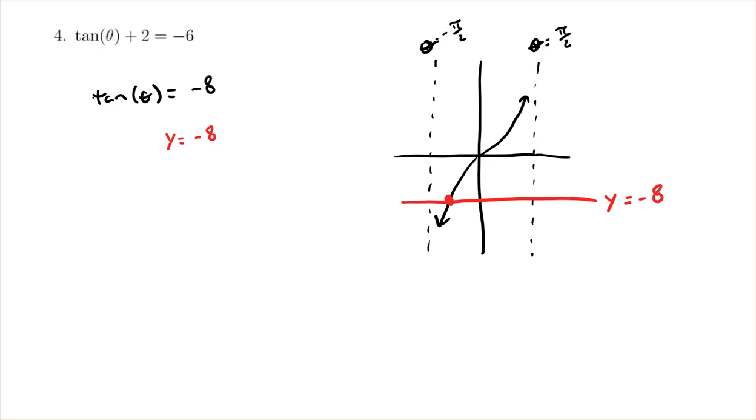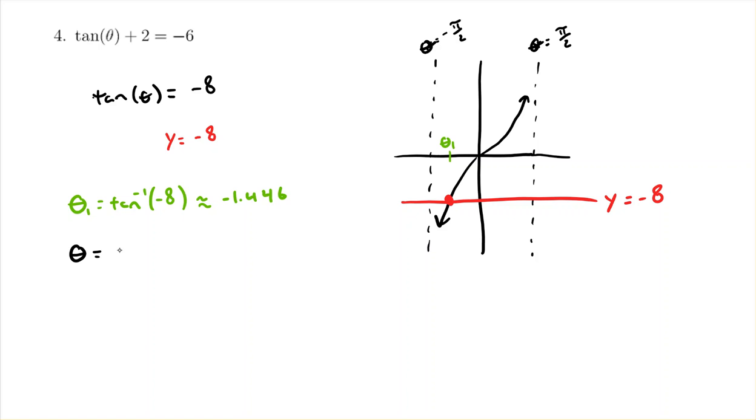So that means when we plug into our calculators tangent inverse of negative 8, we just end up with the theta value that's going to correspond to that one specific value, which I've indicated here on the graph. So now when you go to write your full solution, instead of having two equations, you're only going to have